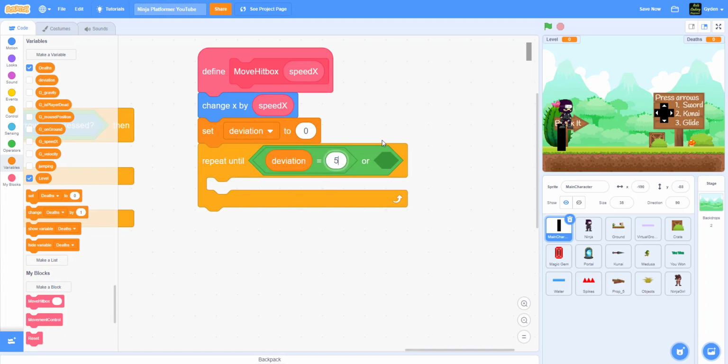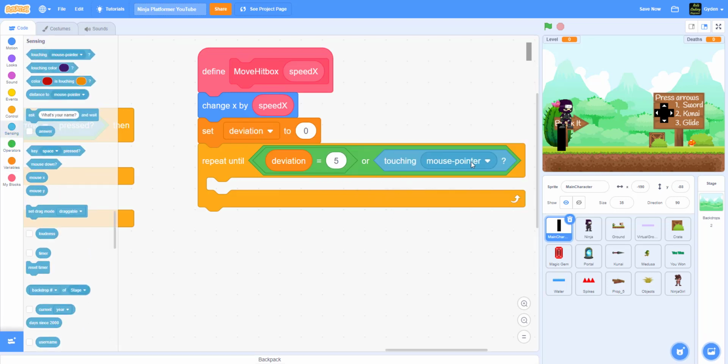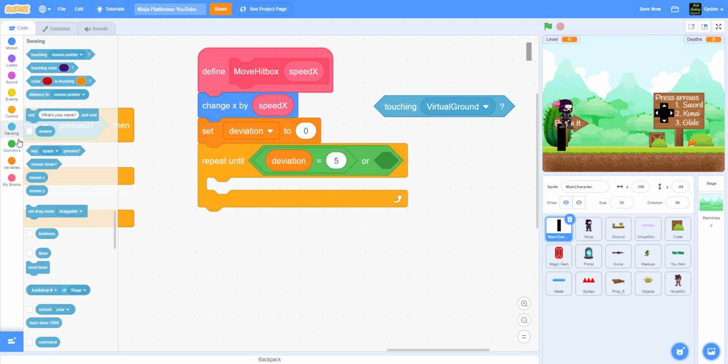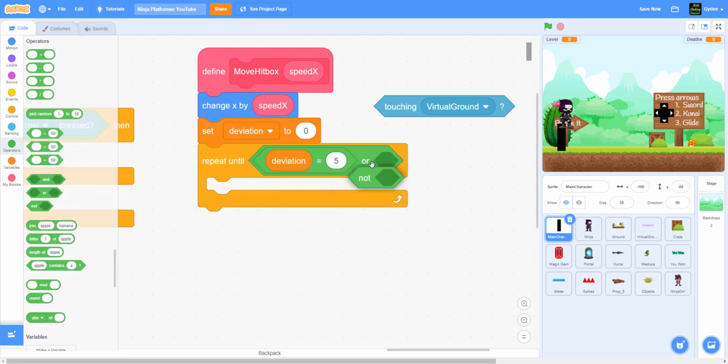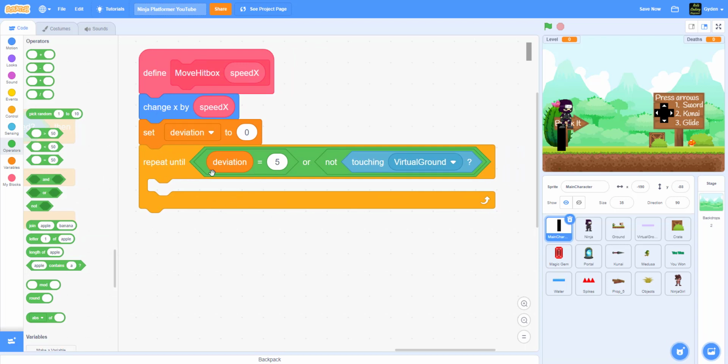So basically it's a change of y, and they're checking if it's equal to 5, or if it's touching the virtual ground, which is this box here, the purple one. Okay, not touching, sorry, not touching. So if deviation is equal to 5 or not touching the virtual ground,